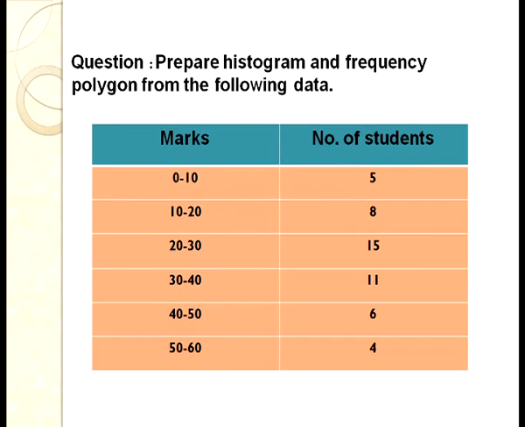This is a question which tells us to prepare a histogram and frequency polygon from the following data. For the first step, we now know that a histogram can be constructed in case of equal class interval as well as in case of unequal class interval. So, we will first see what category it is. We can see the data have the same equal class interval gap, that is of 10. So, it is a case of histogram with equal class interval. We can easily plot; we do not have to adjust the frequencies.